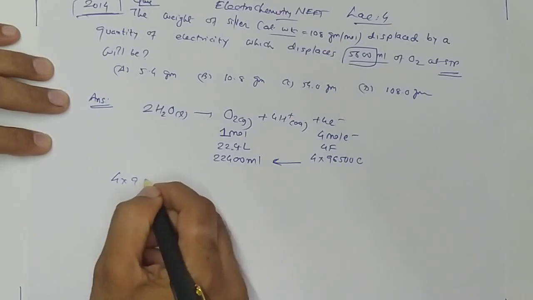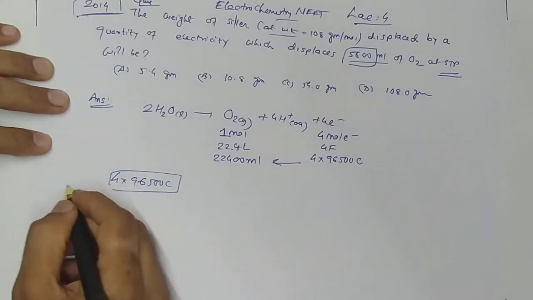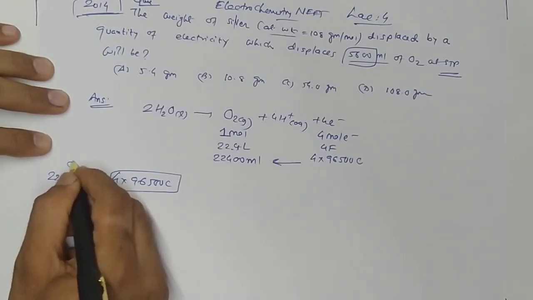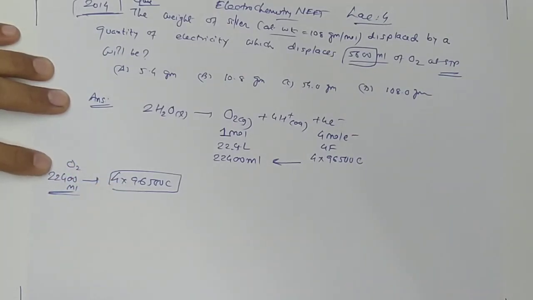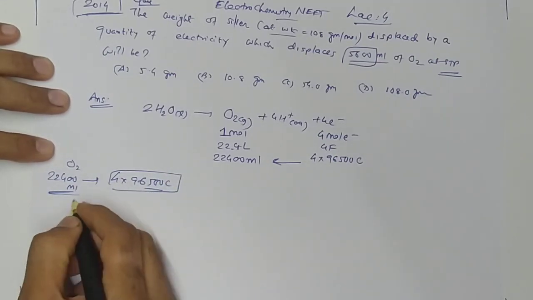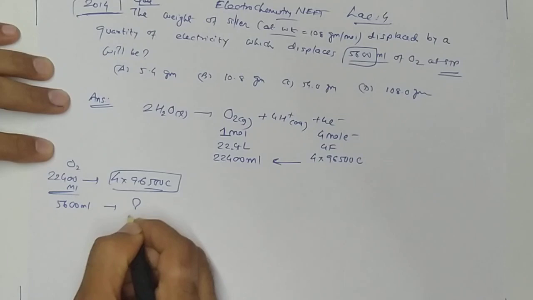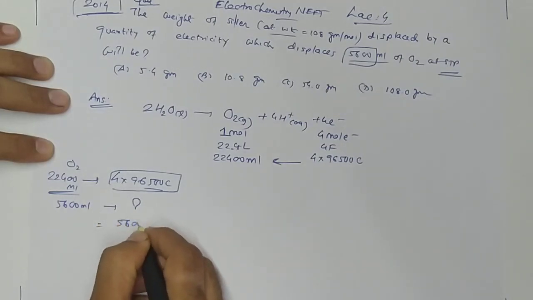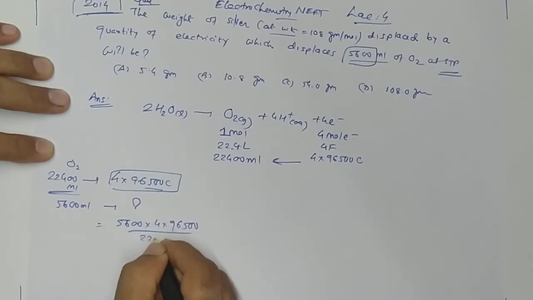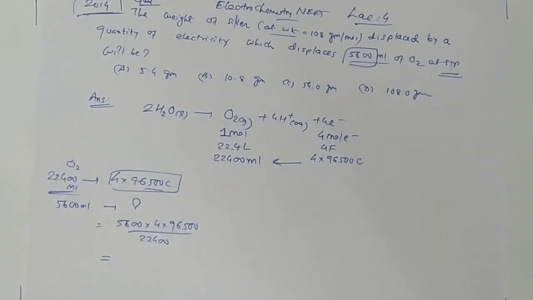So 4 into 96500 coulomb is needed for getting 22400 ml oxygen. At 22400 ml oxygen, required coulomb is 4 into 96500. So at 5600 ml of oxygen, how much? So 5600 into 4 into 96500 and 22400. So it will be